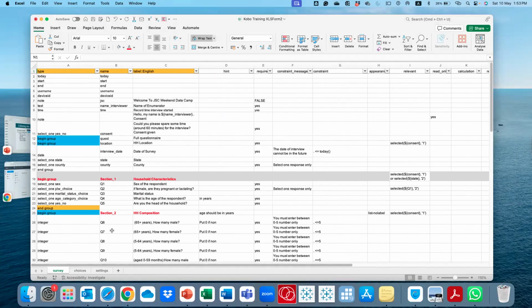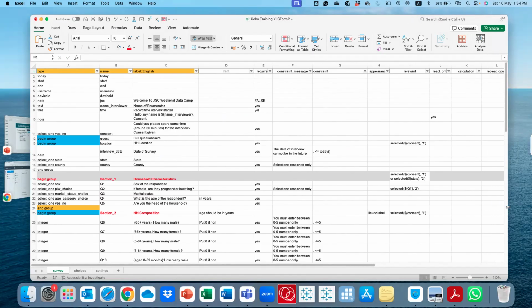The third one is, you said, what is that? Yes, case follow-up. Unfortunately, no. KoBo doesn't have that capability yet.